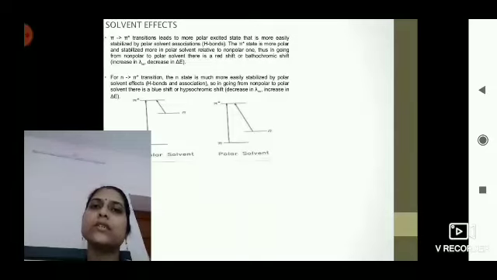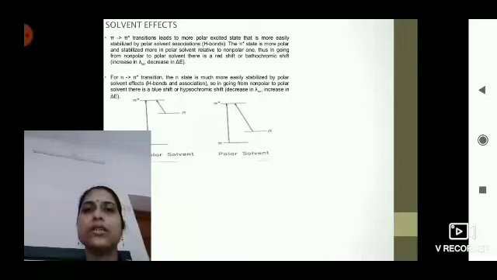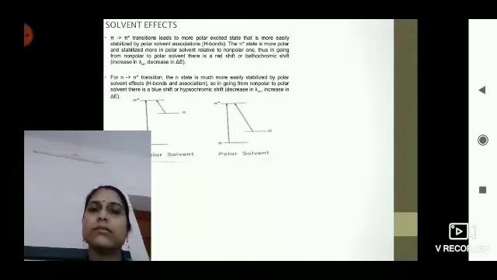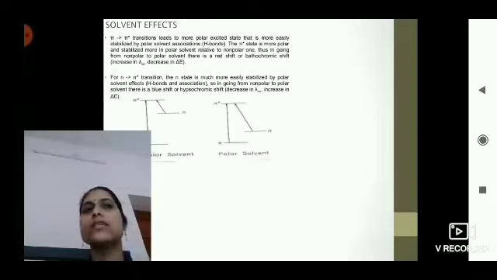And sigma to sigma star transition and n to sigma star transition are not much informative. So these 2 transitions, n to pi star and pi to pi star, are most informative in UV visible spectroscopy. Now we will see the effect of solvent on these 2 transitions. We know 2 types of solvent, the protic solvent and aprotic solvent. So in case of